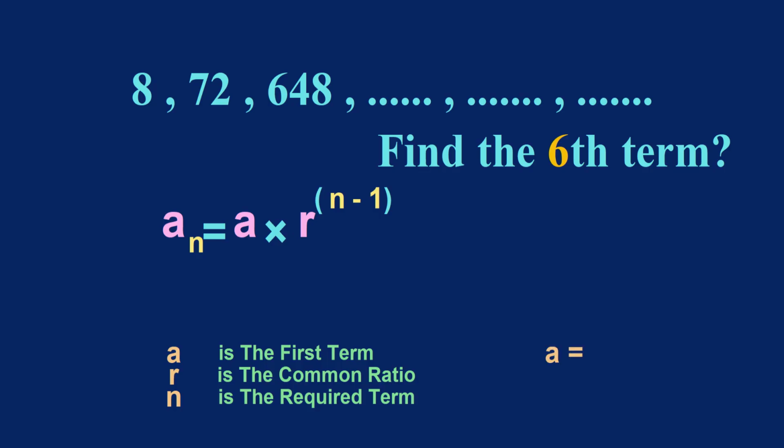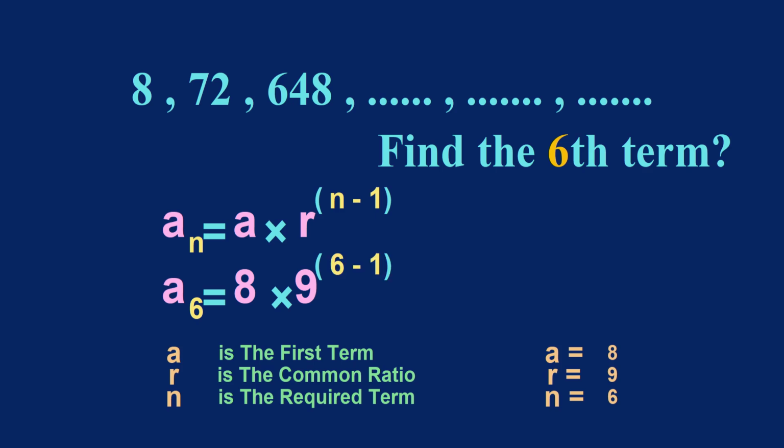In our problem, the first term a is equal to 8 and the common ratio r is equal to 9 and the required term n is equal to 6. Substituting a, r, and n into the equation, we find that a_6 equals 8 times 9 to the power 6 minus 1, which equals 8 times 9 to the power 5, which equals